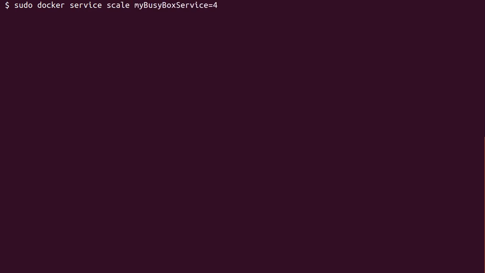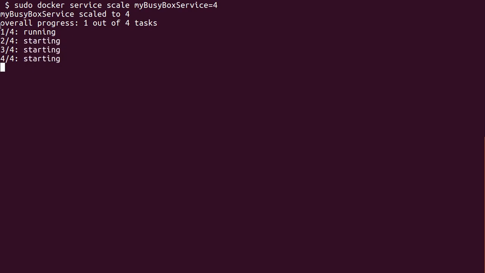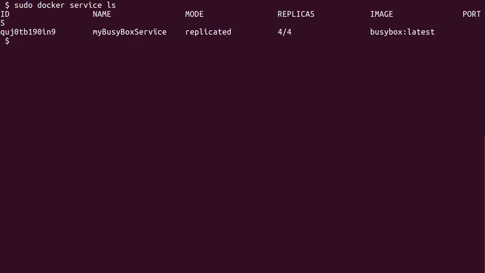Okay, so sudo docker service scale. As you can see over here, it is showing us my busybox service is scaled to 4 and it is in the running state. Looks like it is done. We will double check it with the ls command. I will clear up the screen and do sudo docker service ls. You can see the replicas from over here, that 4 out of 4